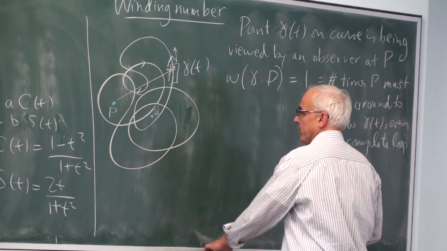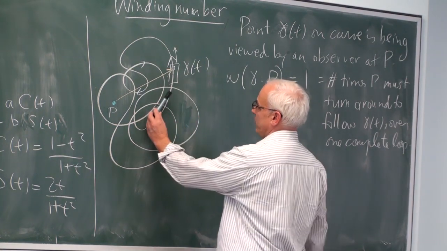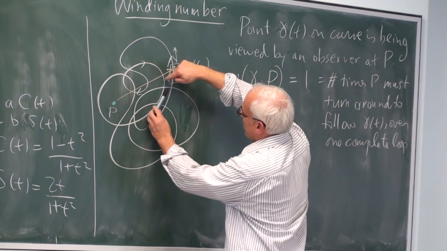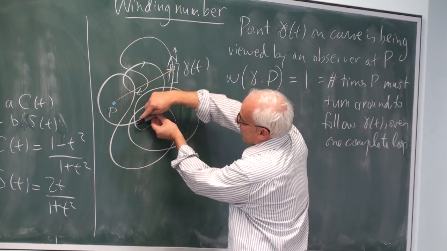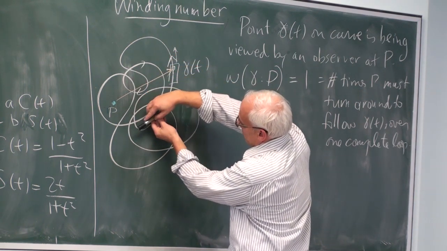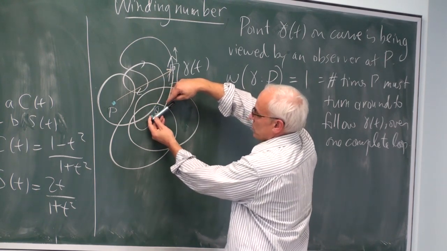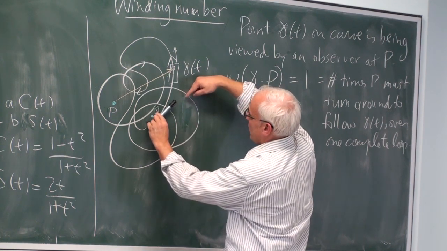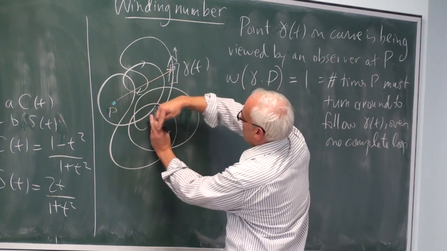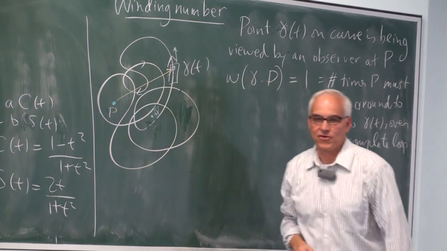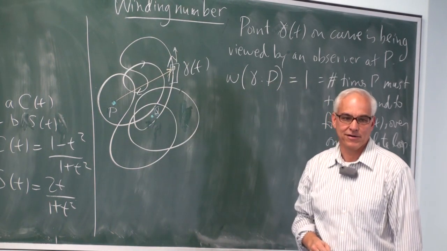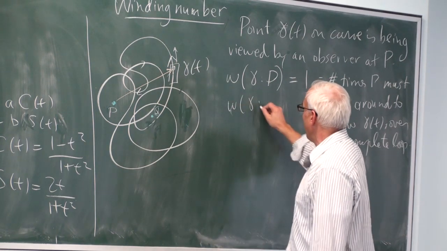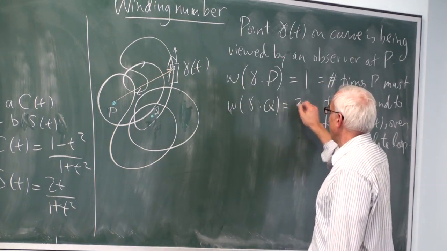All right, let's see what would happen. So there is our viewing vector to the point, and as we're moving around here, let's see what happens. Not much yet, and now we're over here. And by the time we're up here, it's gone around once. And then here, it's gone around twice. And then I think it's gone around 3 times, if I was counting correctly. So the winding number of the same curve, gamma, with respect to q equals 3.